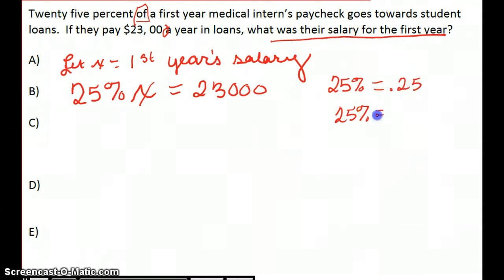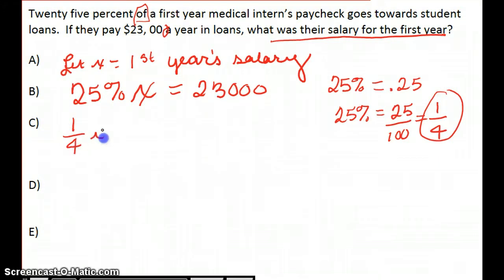If I turn it into a fraction, it's going to be 25 over 100, or 25 hundredths. Oh, we got that. Let's turn that into a reduced fraction, or 1/4. I like 1/4 because it looks a lot like what we've been doing in class, so I'm going to use that. So this becomes 1/4 x equals